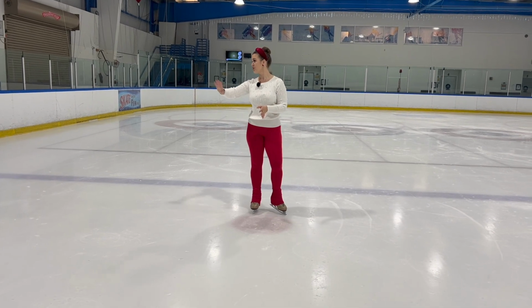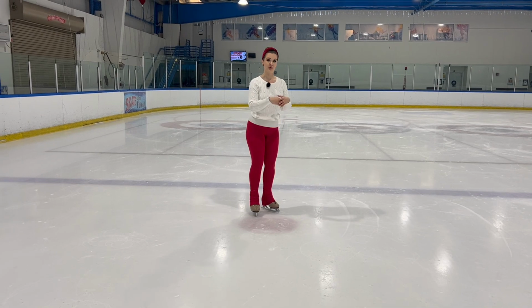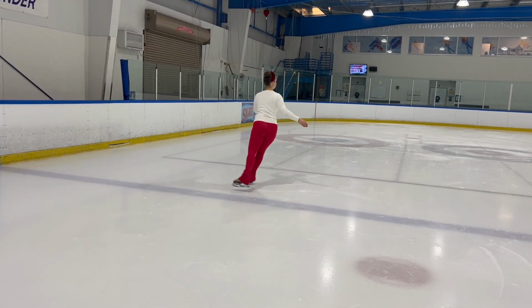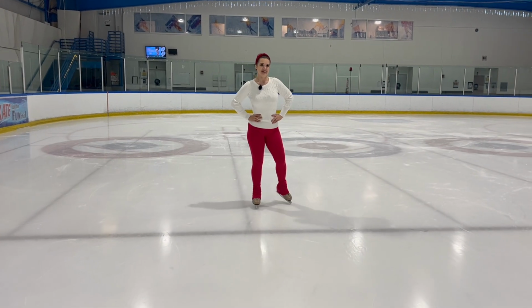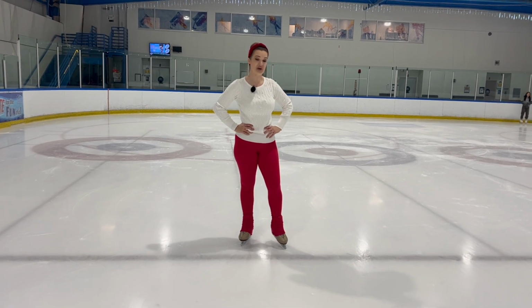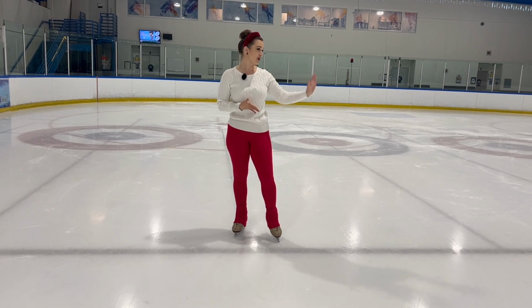So coming around the corner, you're going to have your jump, okay? That's why we want it to be an edge jump, because it's round, okay? So we could do, ooh, let's try a salchow. Yeah, okay, did a salchow lefty. That's thanks to a few students of mine who are left-handed, and I've had to figure all these things out left-handed. Okay, so we've done our edge jump coming around the corner,